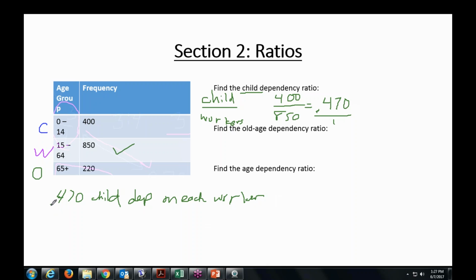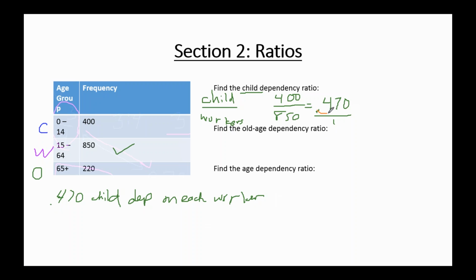But if you move decimals 2 places, you can do anything as long as you're consistent. So if I want to move this decimal 2 places to make this a 47, well, in my denominator, I can move it 2 places, and that makes that 100. So that means 47 children are dependent on 100 workers. So those two sentences have the same meaning. We just changed the ratio to make it something that's a little bit easier to understand. All right, stop me if you have questions, and if you don't, I'll just keep talking.